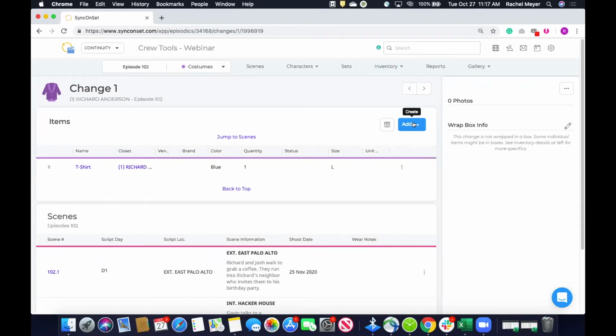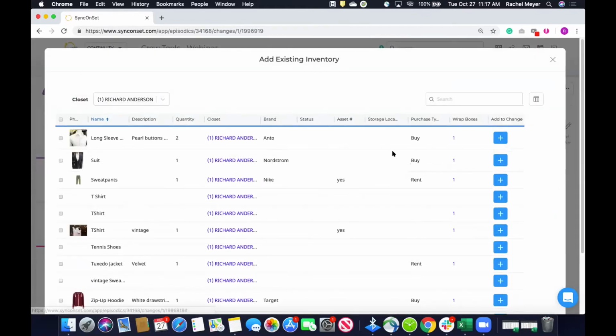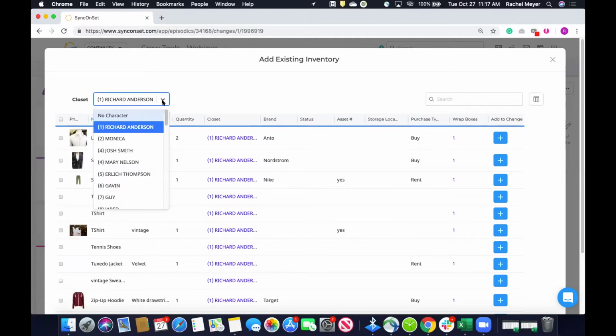But the goal here is that you only have to create an inventory piece one time in Sync on Set, and you'll be able to leverage that inventory in any way throughout the production. So we just added a new piece of inventory. Let's pull one from our existing list here. This is going to pull up by default all of the items that we have logged to Richard's closet, but if he was wearing someone else's jacket or someone else's inventory, you can pull from other closets as